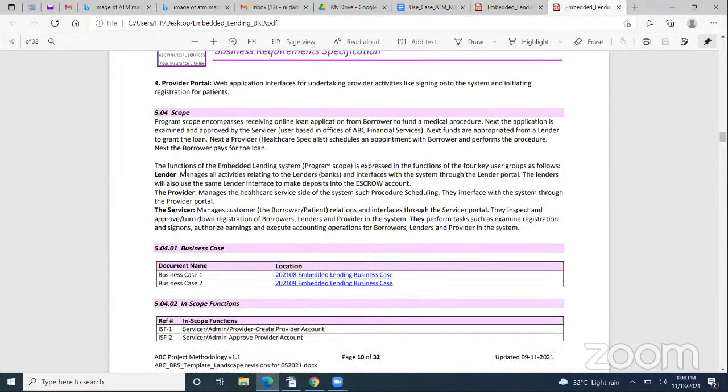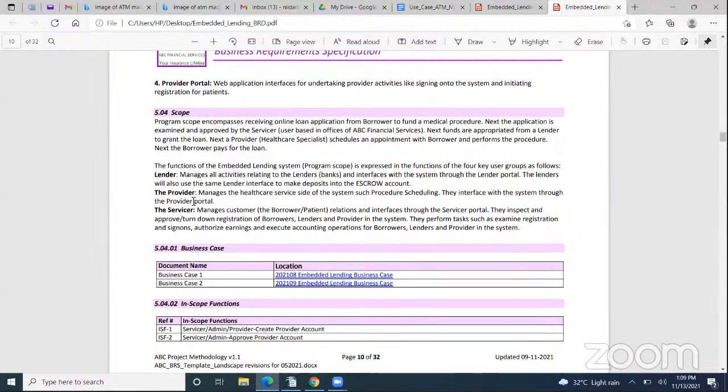Like I mentioned earlier, the lender user group will manage activities relating to the lending from the banks, the deposit of funds from the banks, and interfaces with the system through the lender's portal. The lender will also use the same lender interface to make deposits into the escrow account.